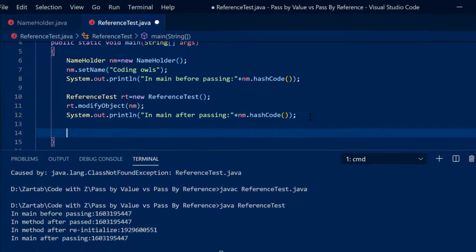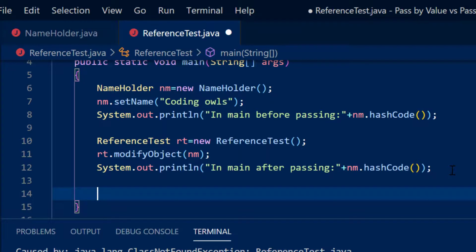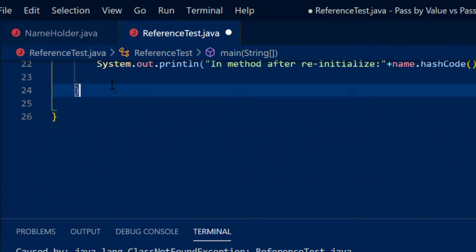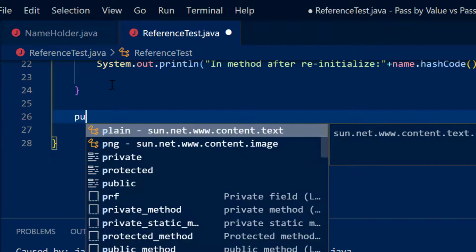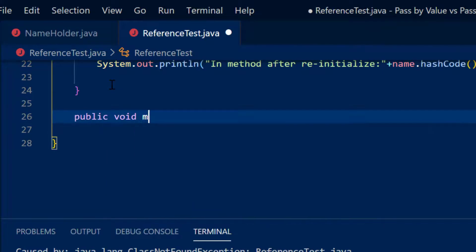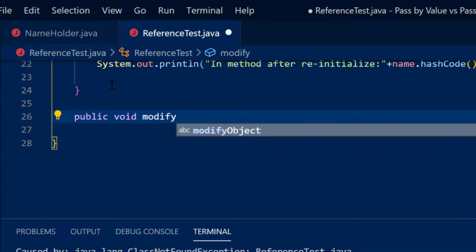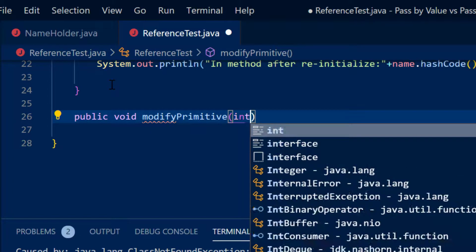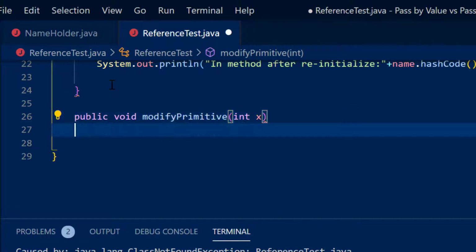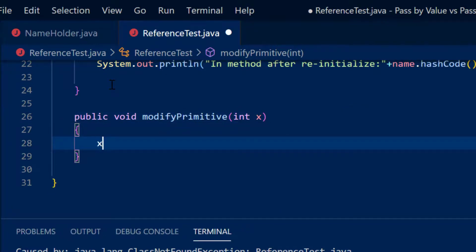And now let us try to understand the primitive object referencing. In that case it actually makes use of pass by value. So if I say public void modify primitive, here let's say int x, and whatever value you're passing, I'm going to say x is equal to x plus 10.